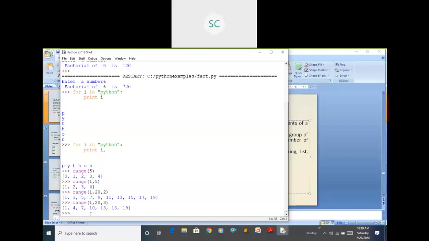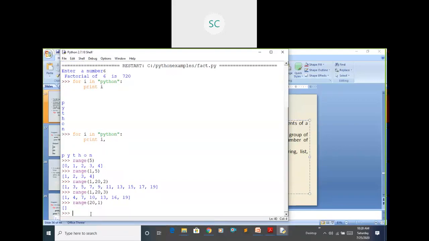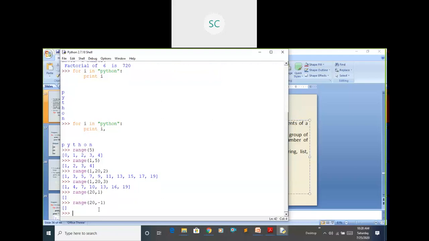Okay, I want to decrease the value instead of increasing it. How can you do that? See, take range 20 comma 1. If you want to decrease the value, you need to take a negative increment. Increment or decrement value you need to take as a negative value here.